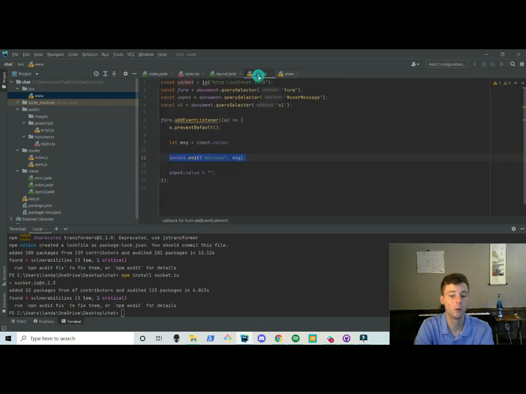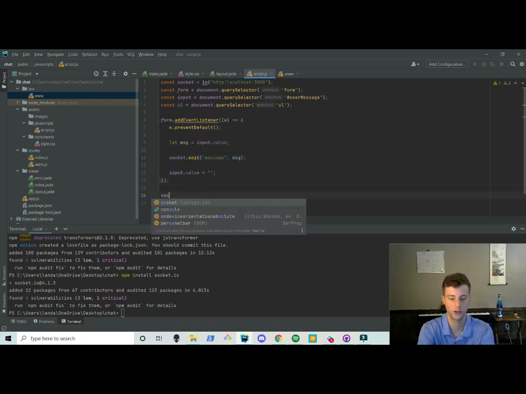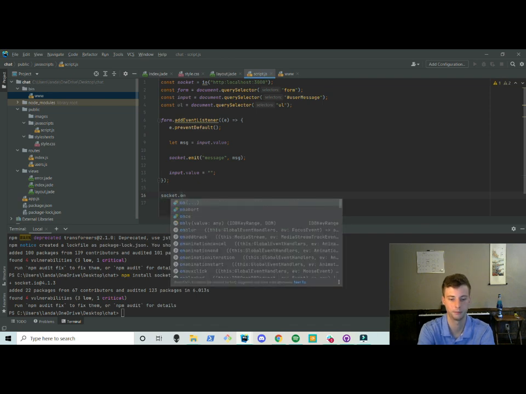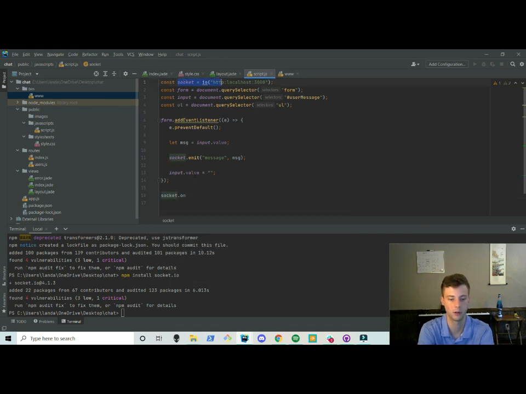And now we want to receive it on the front end and do something with it. We're going to create a li element and append it to that UL at the top of the page. So we're just going to say socket.on. Again, socket we've declared up here already. Again, message is the name of the event. And that takes an event handler, so in the form of a callback function. So we're going to pass it our message